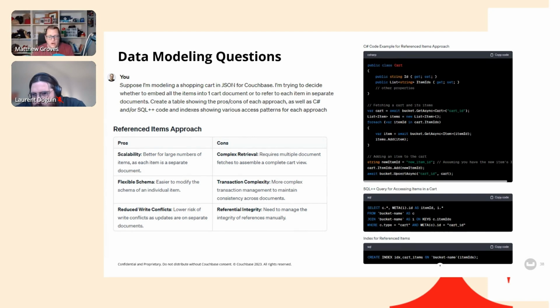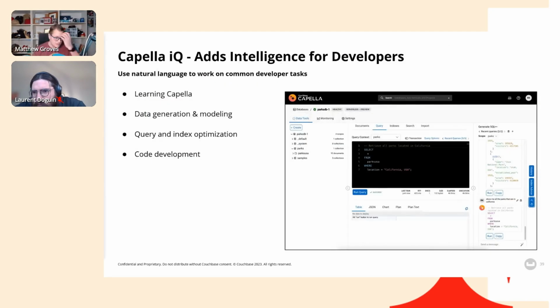So for a shopping cart, I'd probably stick with embed based on what this LLM is recommending to me. But hopefully here the point is not to go over shopping cart specifically, but to show you that LLM can help you make modeling decisions and even give you some sample code, and it can help you understand the trade-offs of that approach. So with that in mind, I want to talk about something called Capella IQ, which is basically